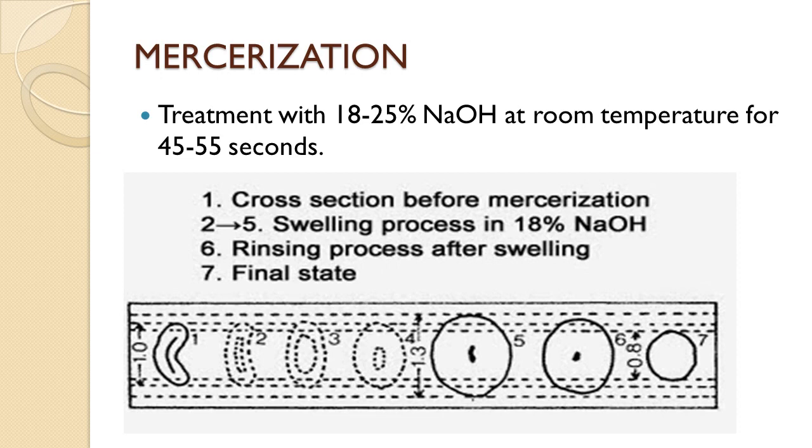Since this is increasing the surface area of cotton, it improves the reflection properties. So the luster of cotton fiber gets improved by the mercerization process. Since this is an optional process, dependent on the demand of the customer, we go for mercerization. Definitely in the case of mercerized and unmercerized fabric, we find that the appearance of colors will be different.